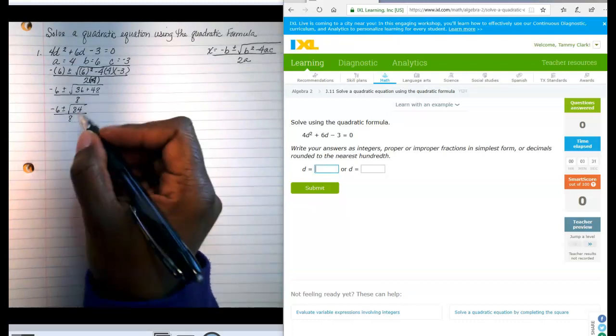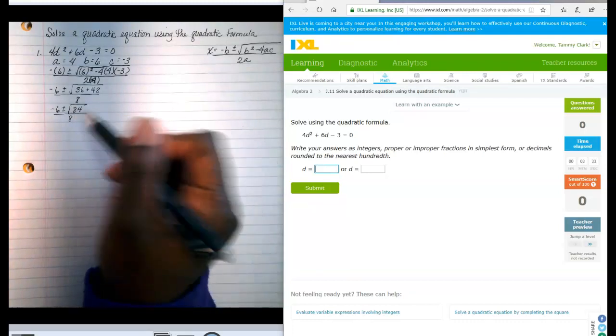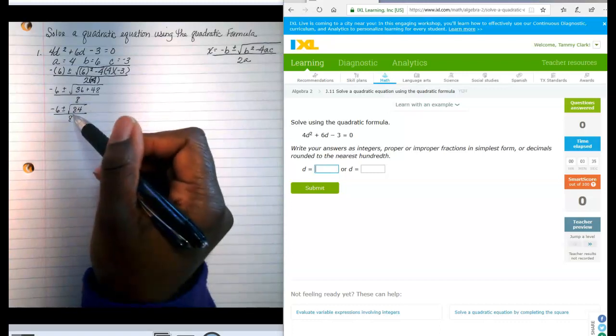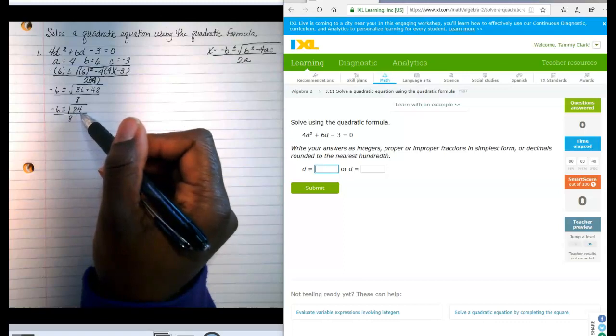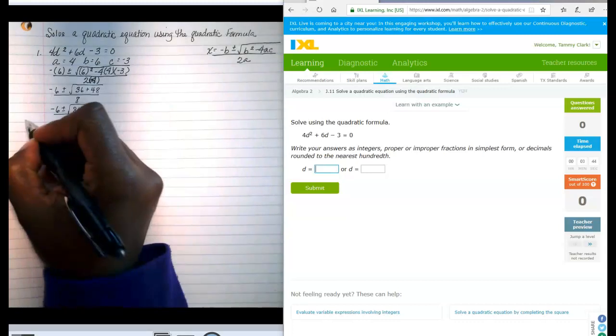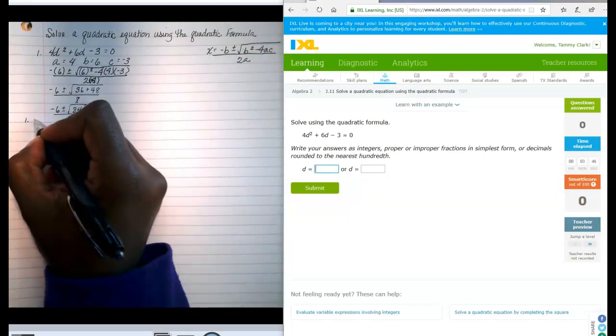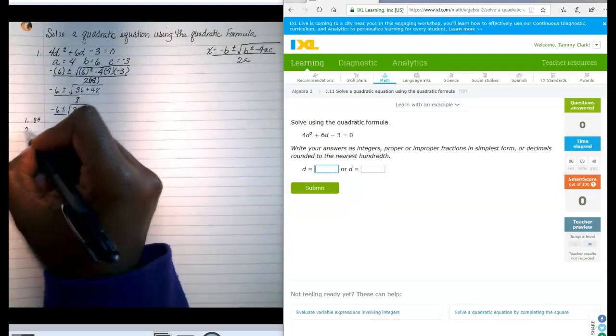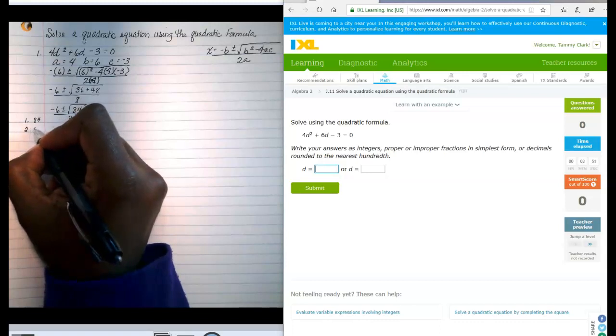84, the closest perfect square we come to that is 9. 9 times 9 is 81. And then 10 times 10 is 100. So obviously this is neither one of those. So let's see if we can break down the factors of 84. We have, of course, 1 and 84, 2 and 42,